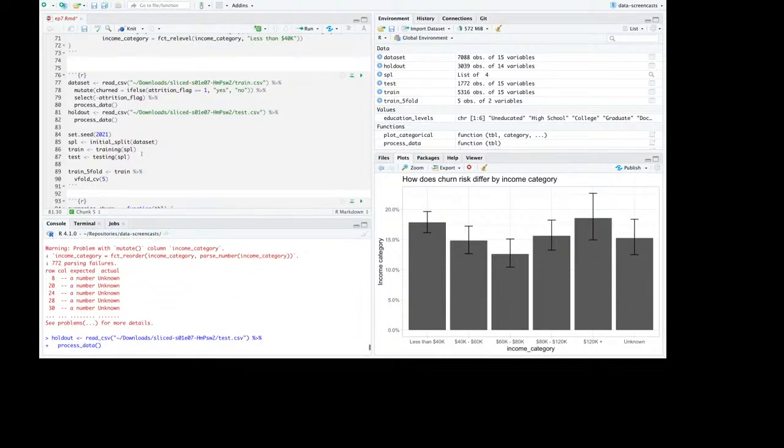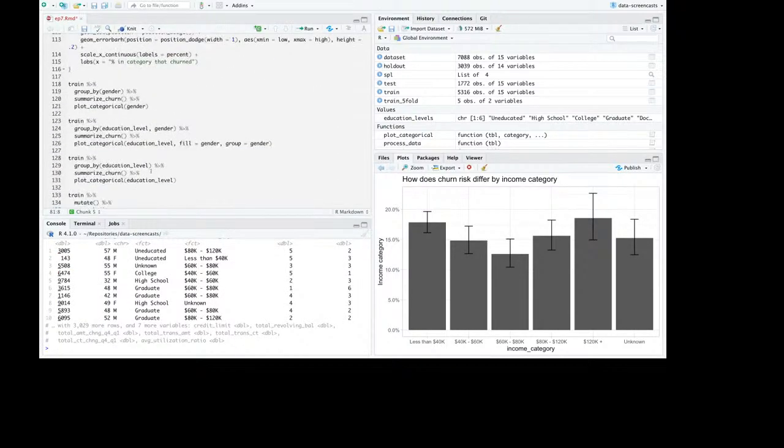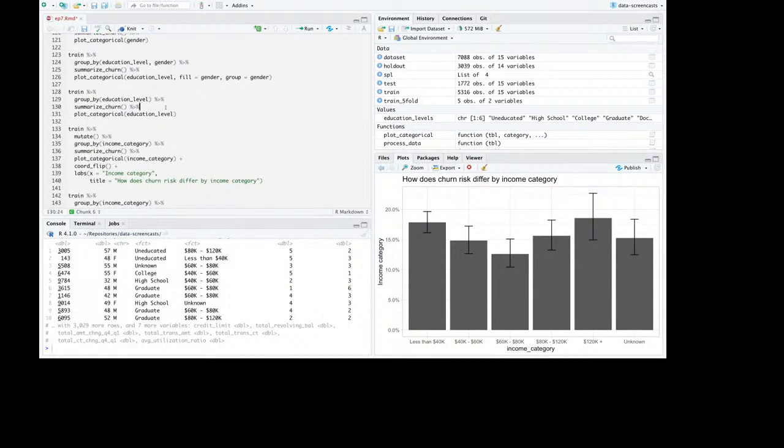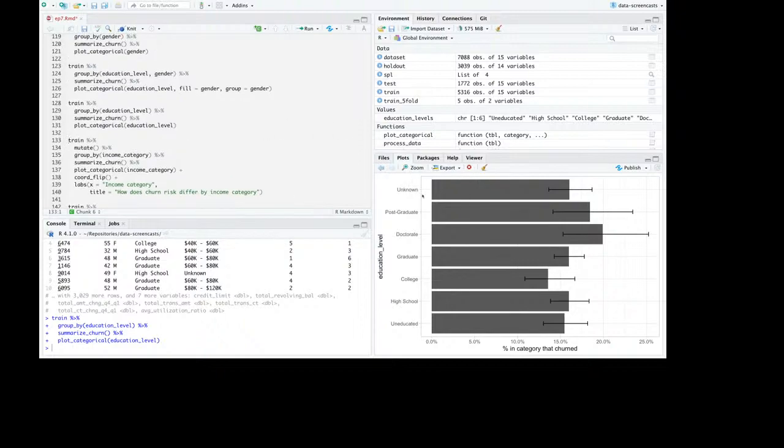Yeah, looking pretty good. These NAs are unknown. That's going to work out, I think. So here we go. And now if I do plot categorical, I guess unknown at the top is not so bad, but you see it drops and then it goes. It's like the middle has the lowest churn risk,